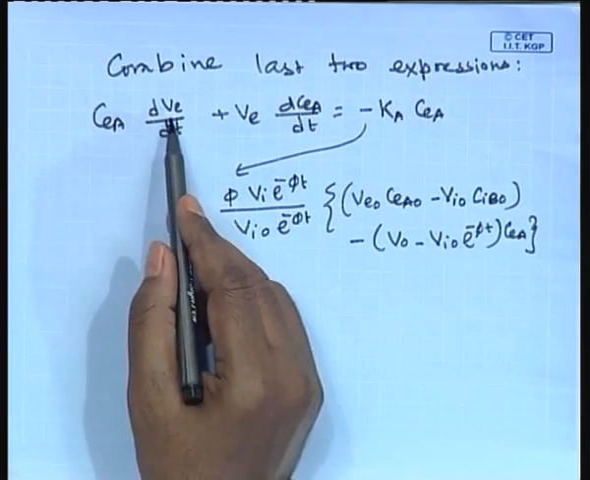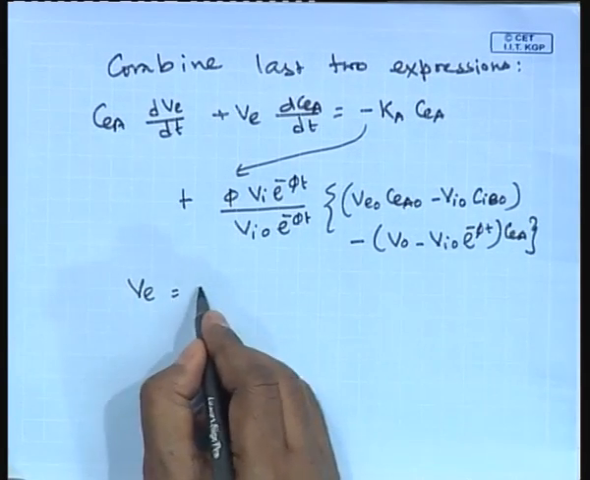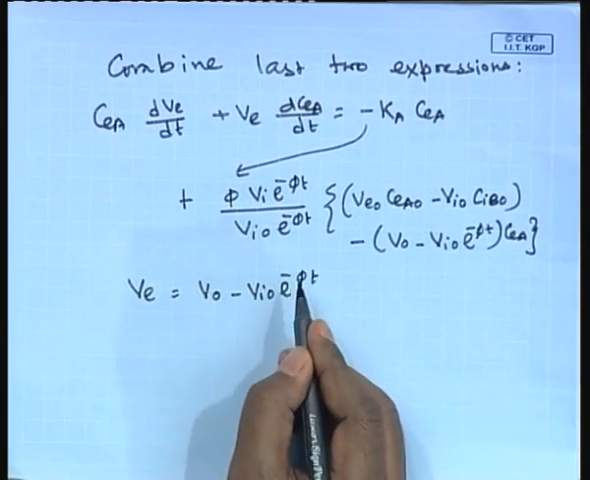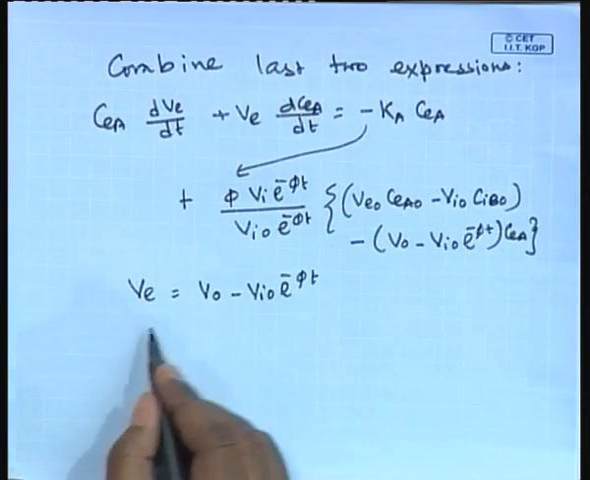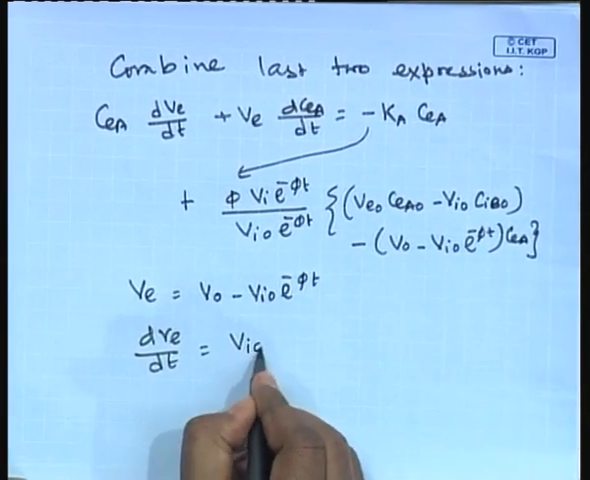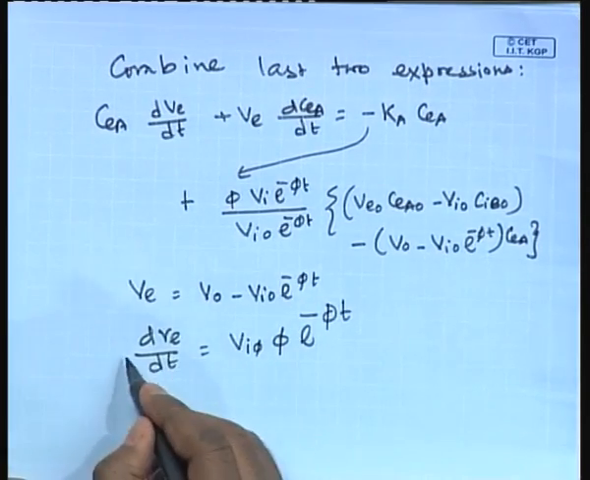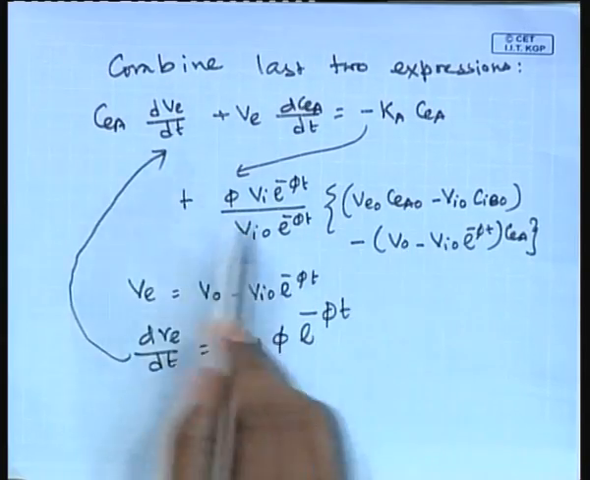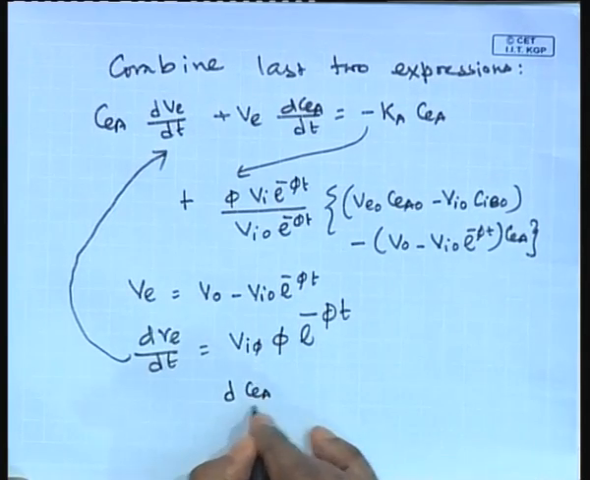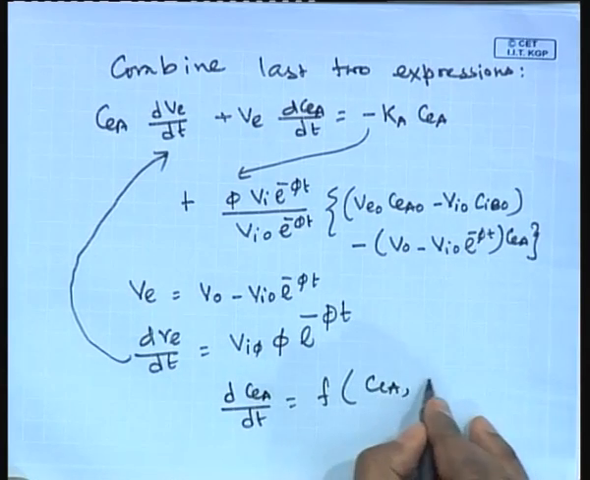Okay. And what is dV dt? We know the expression of V from the overall external phase volume balance. V is nothing but V naught minus V I naught e to the power minus phi t. Okay. So, you can find out what is dV dt. dV dt is nothing but V I naught phi e to the power minus phi t, correct. So, that I am going to substitute here, and you can take it on the other side. So, you will be getting d C E A dt as a function of C E A and of course